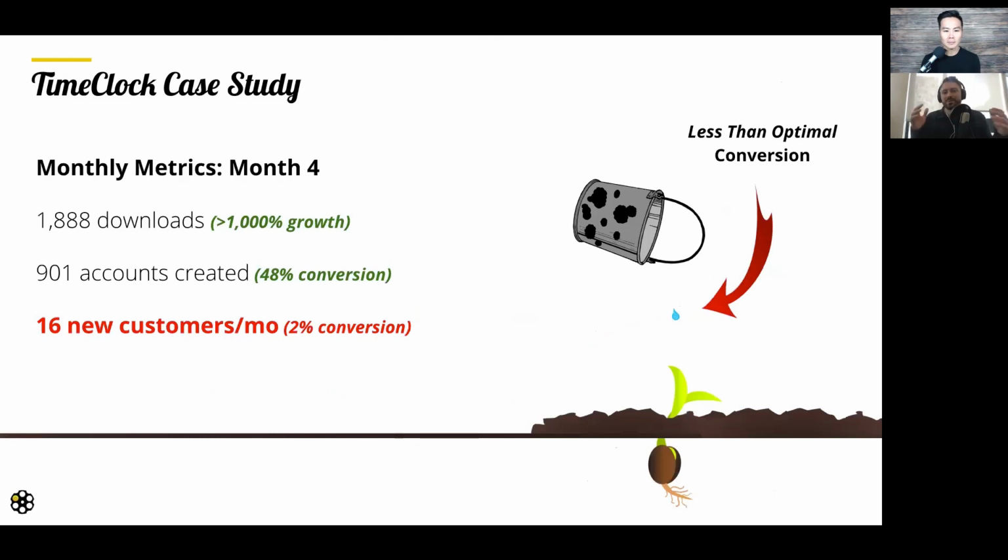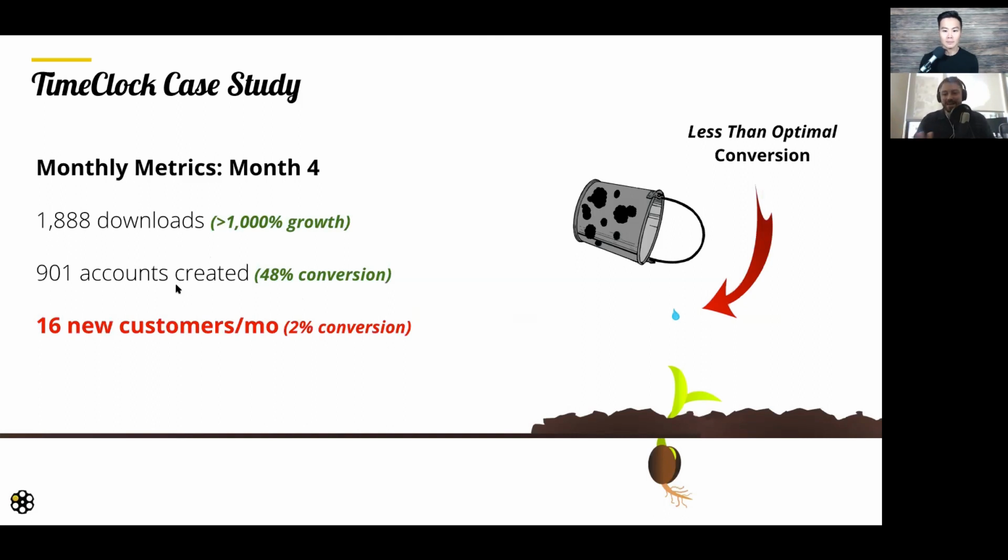Well, when we threw water in the bucket, it really helped pinpoint a core problem in that funnel. At first there weren't enough users on the platform to expose any of those holes. And so when we added users to the app, it exposed the first hole. When we added all those users, we had over 1,000% growth rate. Boom, amazing. Our conversion rate for accounts created actually doubled, right?